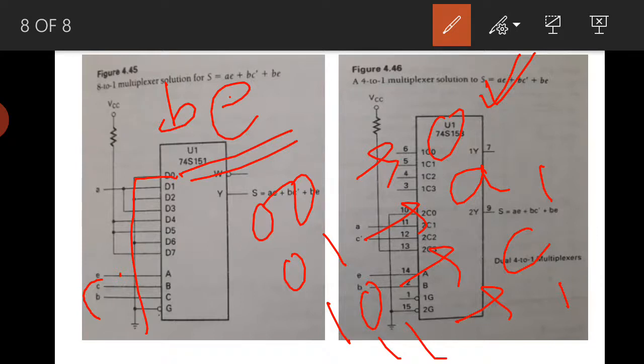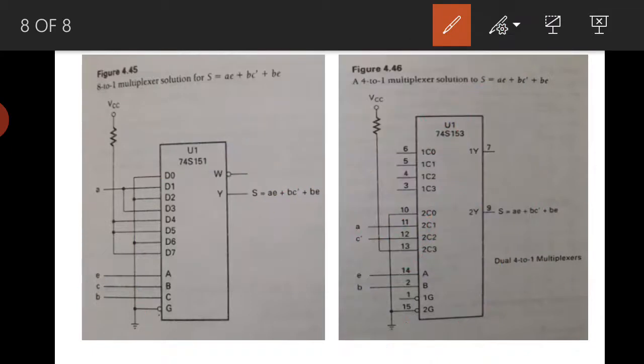Even if it is C, it is connected to 1, so that is 0 only. Similarly, for B and E, if it is 0 1, what is the expectation? A. So for that, if it is D1, A is connected. Similarly, when it is 1 0, it is C bar, right? In that case, I am talking about B and E, and here C is there. If it is 1 and 0, what is the expectation?